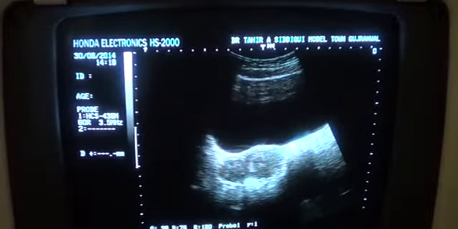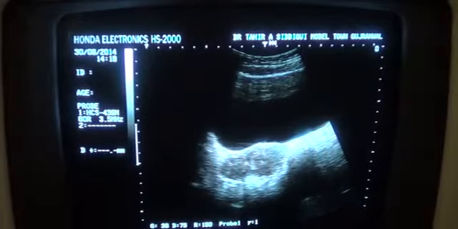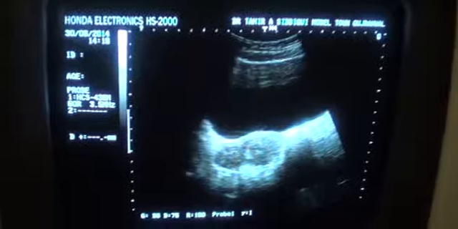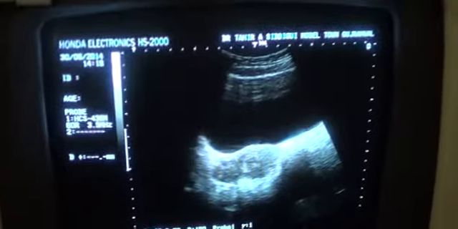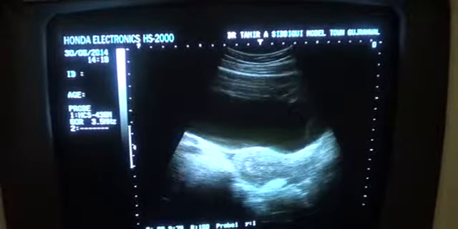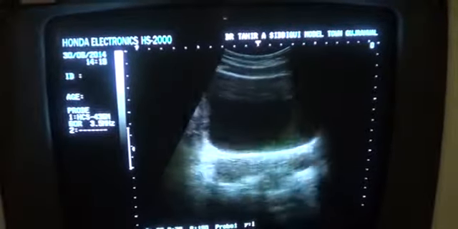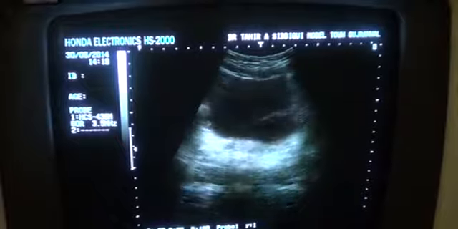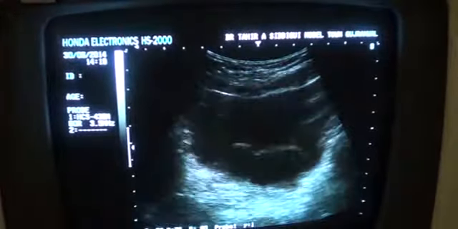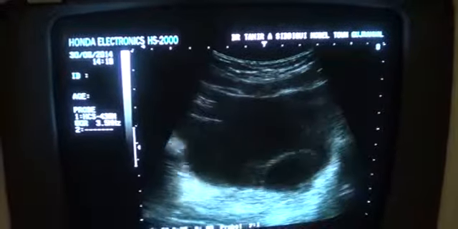This is the right ovary. So both ovaries are normal. The left ovary is showing follicular activity, is the dominant ovary in this cycle. So this is our case of the day, in a sense that